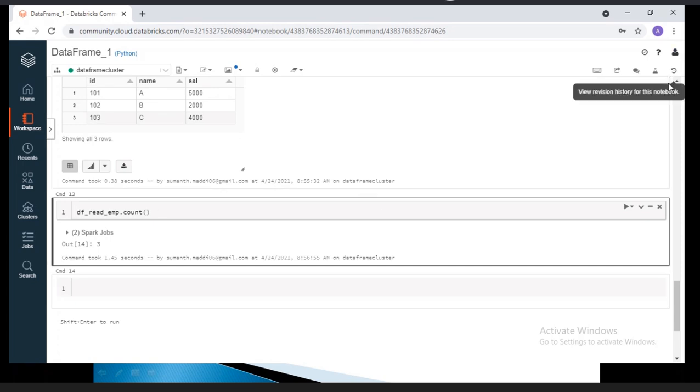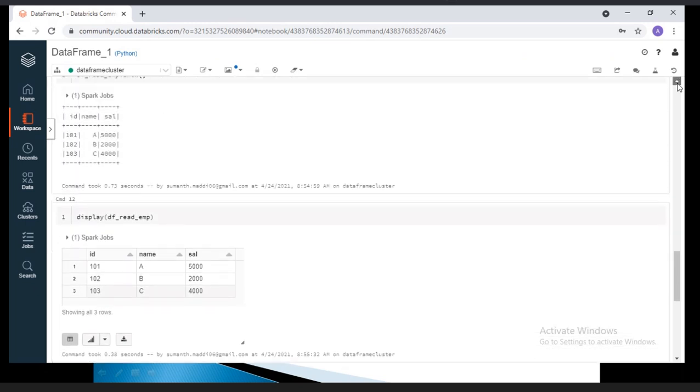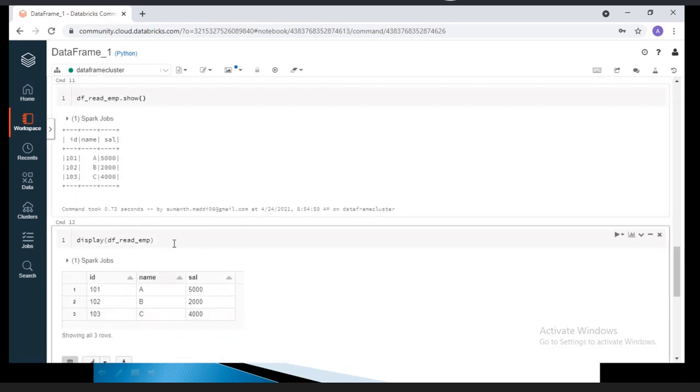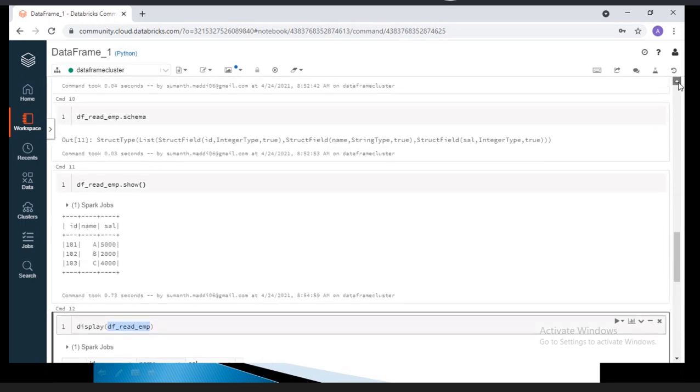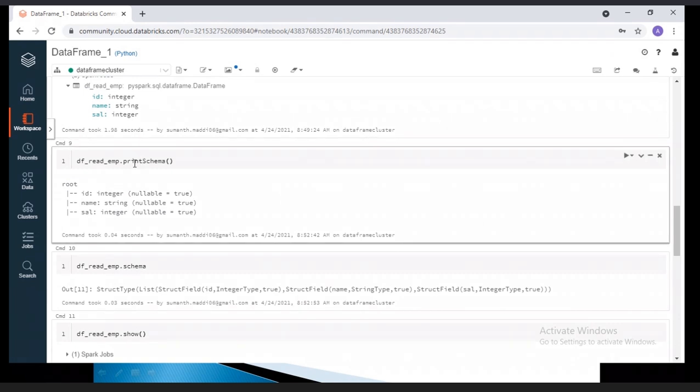Correct. So these commands will not be used in your main code, especially display and show. Just during your development and testing, you will use these commands, execute them and see the data. But in your final code, the show, display and print schema definitions you will not use.